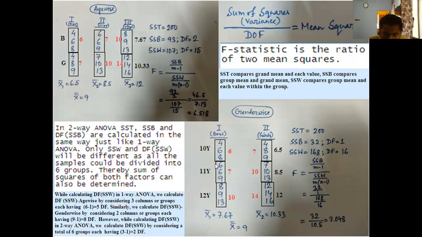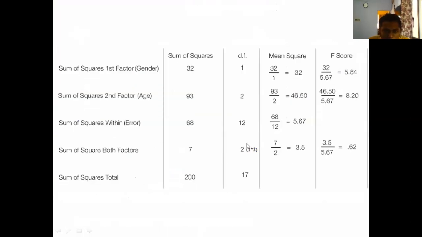Because you can see that there are 6 blocks. In one block, which is representing both the factors, there are 3 elements. So 3 minus 1 for each block gives 2 degrees of freedom. There are 6 blocks, so you will have a total of 12 degrees of freedom for all the blocks representing both the factors in two-way ANOVA. So it is 12. Now the sum of square total is equal to 17. You can easily calculate 2, or alternatively you can multiply 1 into 2 for both the factors. We will also get 2.